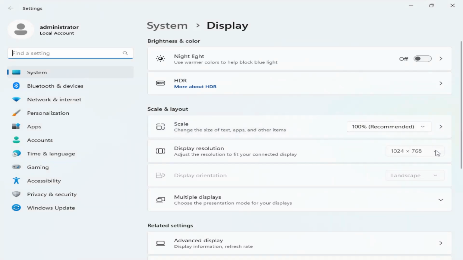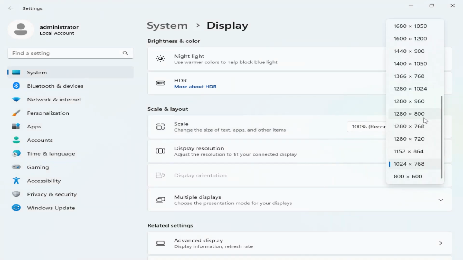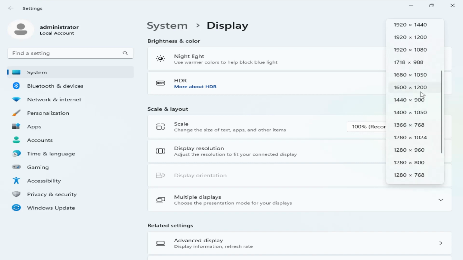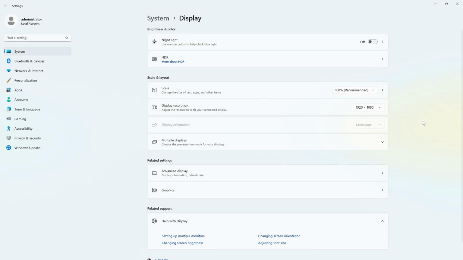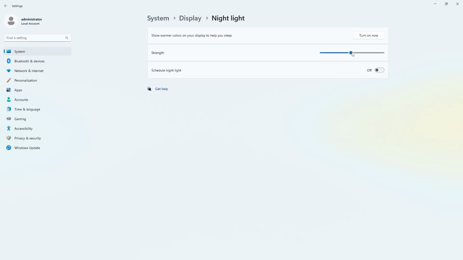Let me select display resolution. I will make it 1920 and 1080. So this is my monitor which supports 1920 and 1080 pixel. Keep the changes. If I wanted to enable night light, click on this and you can enable